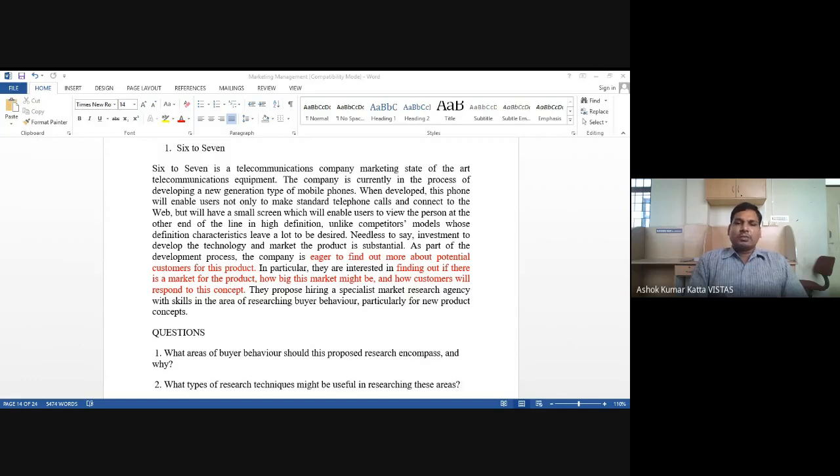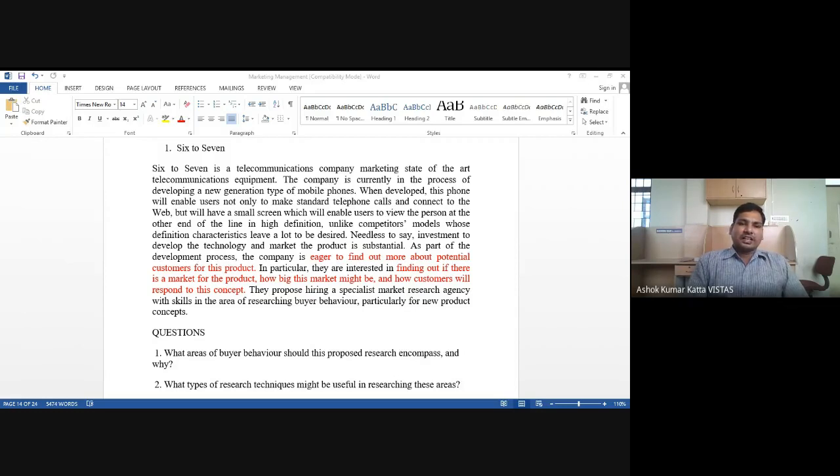Are you happy with this mobile? Just like a friend, not as a company executive. So are you happy with this mobile? What better features can we have? So what are people talking about regarding the mobile features? By that time, you just keep an eye. Observe. So by observation, you will get more information. If at all required, you can conduct interviews also.